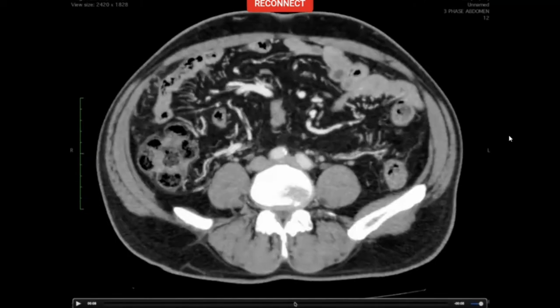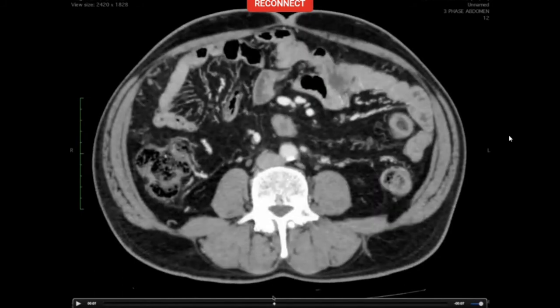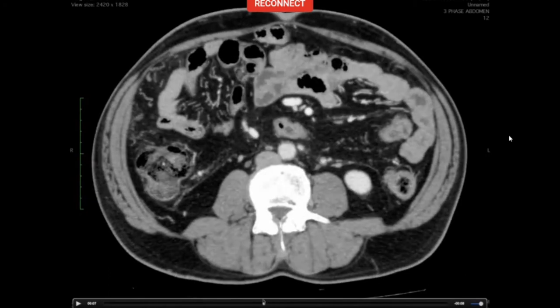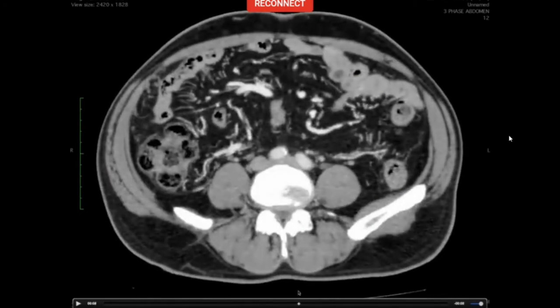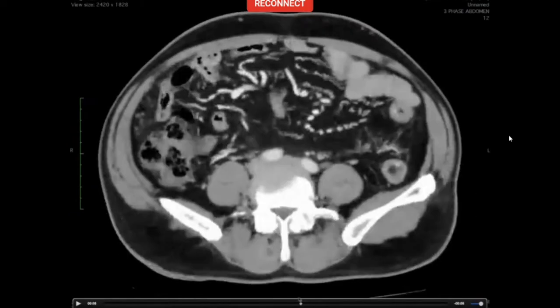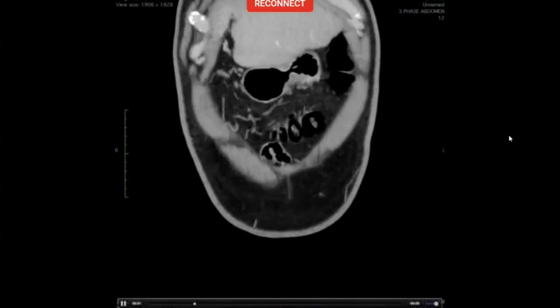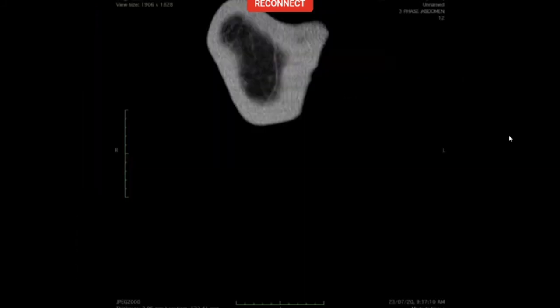How do we know that? We look at this vessel. You want to see where it is going. It goes into this structure. This structure goes up. And this is the inferior mesenteric artery. So the left colon is being supplied from the inferior mesenteric artery. So we are sure this is the mesentery of the descending colon. This is how we decide where we are as far as the mesentery is concerned, because all fat looks the same. You can do the same thing on the coronal images.